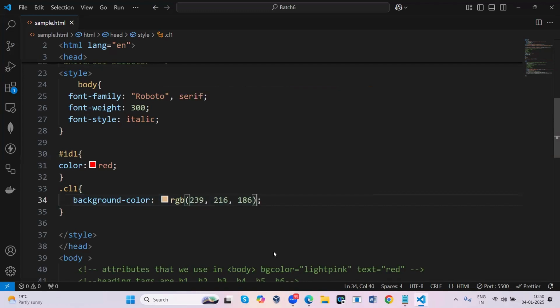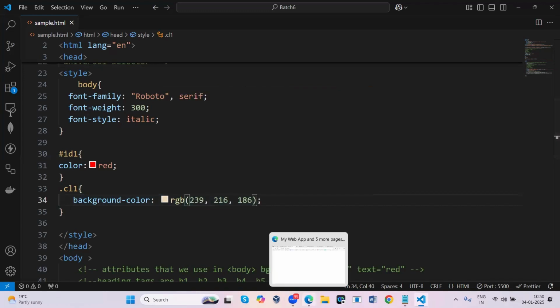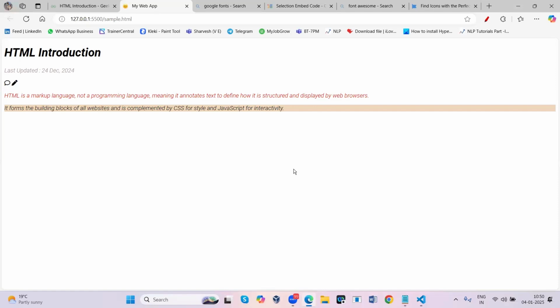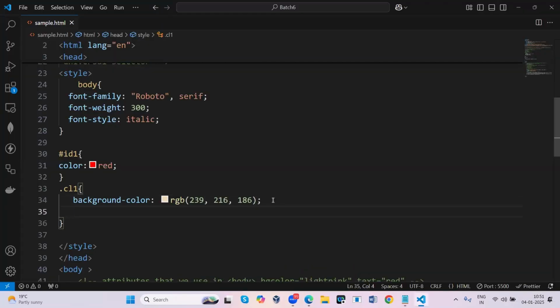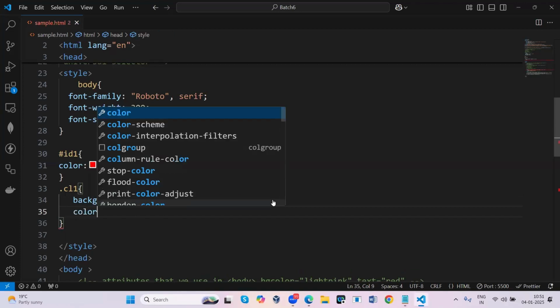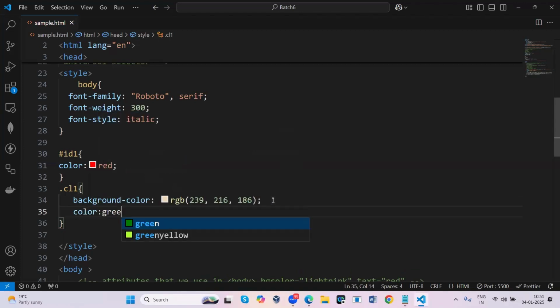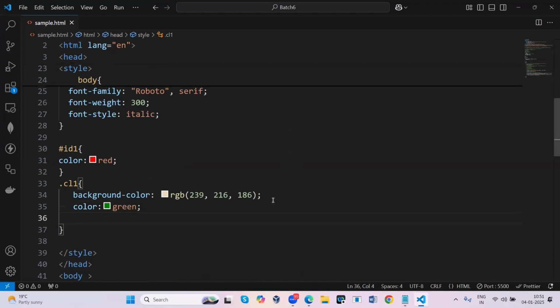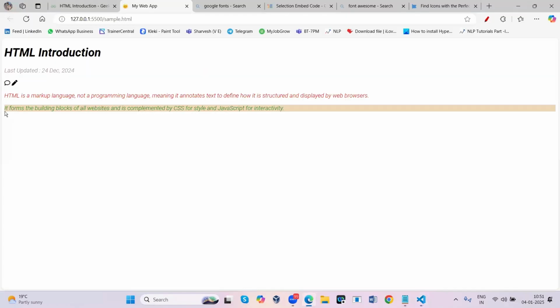Now open it and check. See the background color, you got it, only for that specific paragraph. Not only one style, you can apply multiple styles. Now I want to give the color green, and I want to increase the font weight, which means the boldness.